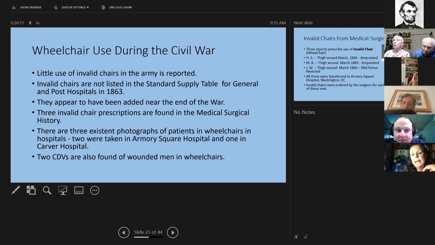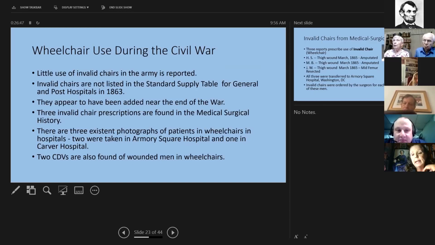Now, little use of invalid chairs in the Army is reported. Invalid chairs are not listed in the standard supply table for the general and post hospitals, but the general supply table was used for people in the hospital. The invalid chairs appear to have been added near the end of the war.